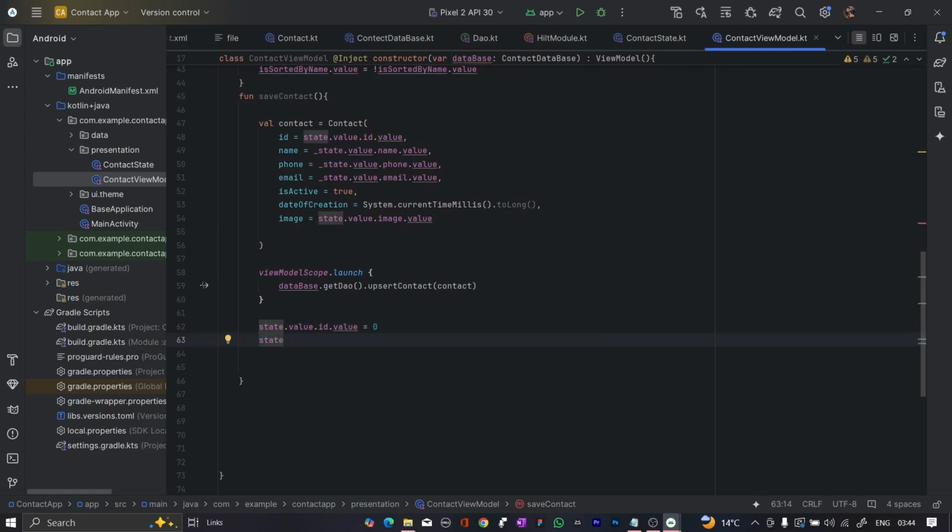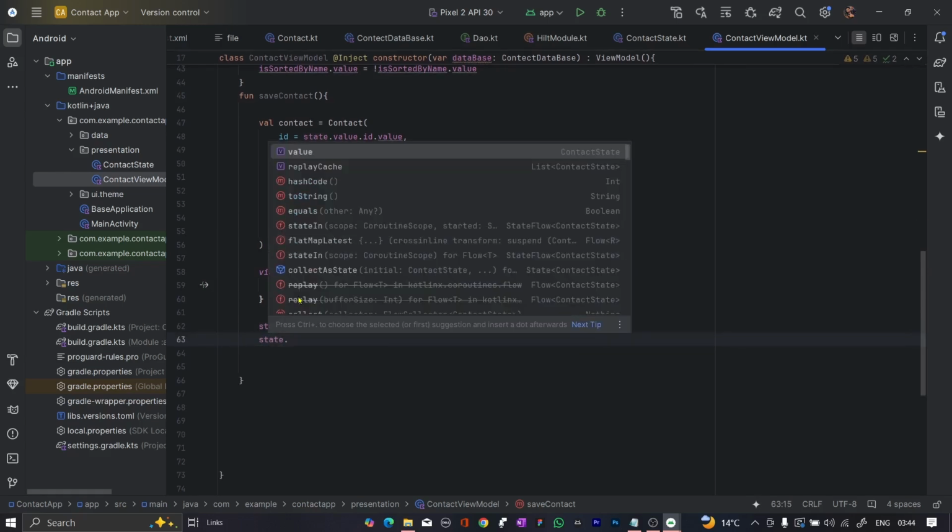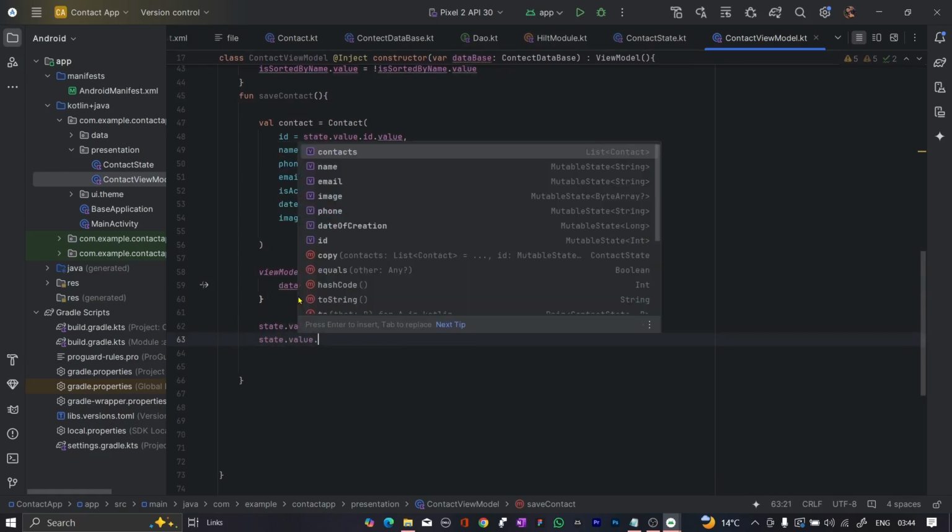State value empty कर देंगे, डॉट वैल्यू, क्योंकि जैसे ही अपसर्ट हो जाएगा, मतलब कि जैसे ही डेटा सेव्ड हो जाएगा हमारे रूम डेटाबेस में, सेव होने के बाद जो हमारी फील्ड्स रहेंगी वो एम्प्टी हो जाएंगी। मतलब नेम की फील्ड एम्प्टी हो जाएगी, फ़ोन नंबर फील्ड एम्प्टी हो जाएगा, उसके बाद हमारा इमेज भी एम्प्टी हो जाएगा।